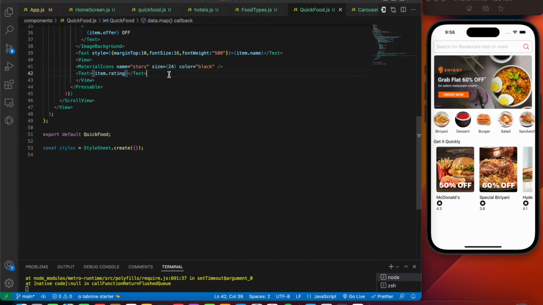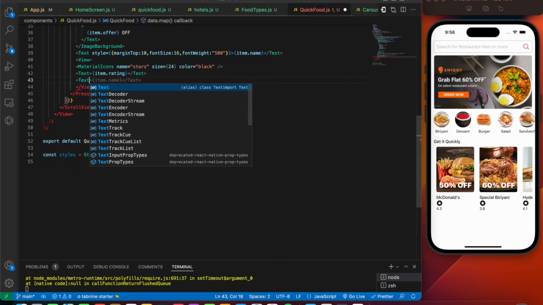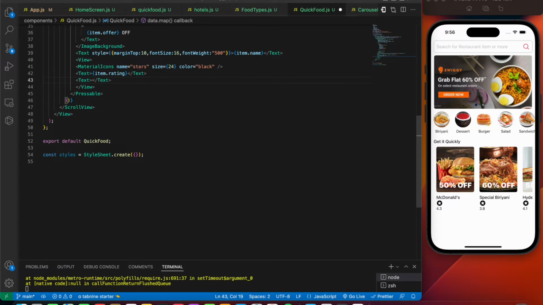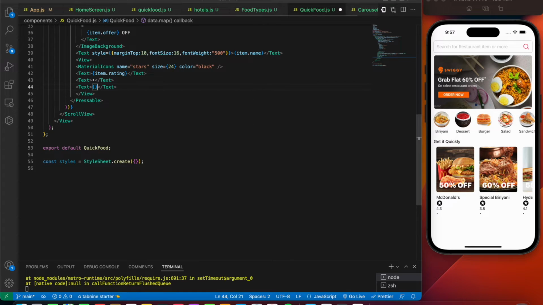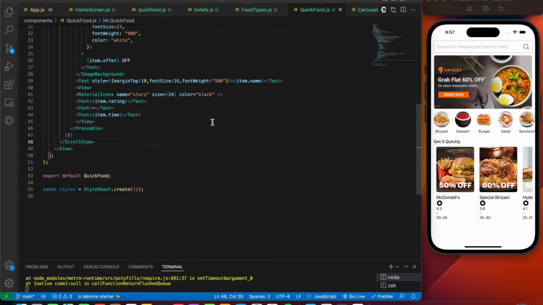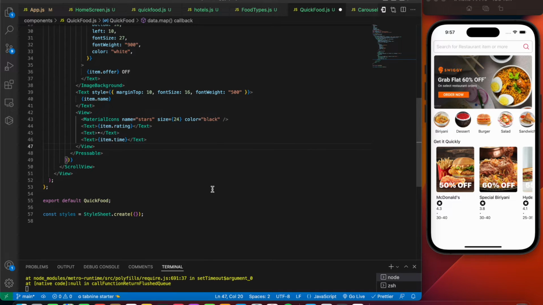Okay, so after that we have a basic dot. So I think in Mac it's gonna be option 8 to get that dot. Okay, and finally we have the times. Okay, so let's say text again. So it's gonna be item dot time. Okay, so for the outer view that is containing 4 of the children attributes, you're gonna give the style. So it's gonna be a flex direction of row, and then align items of center,